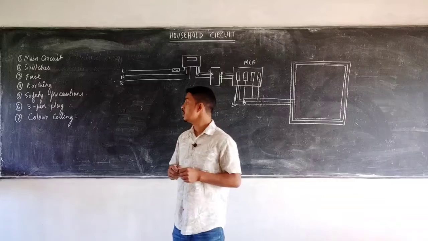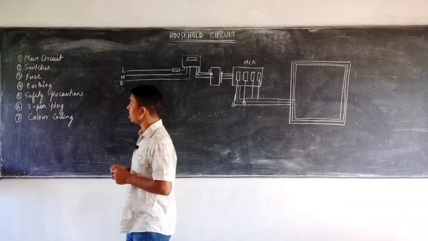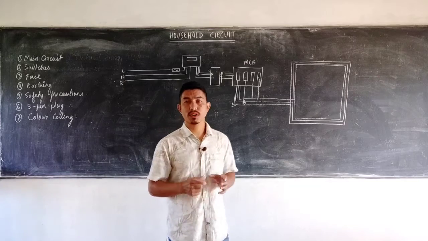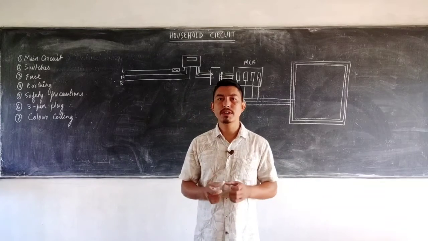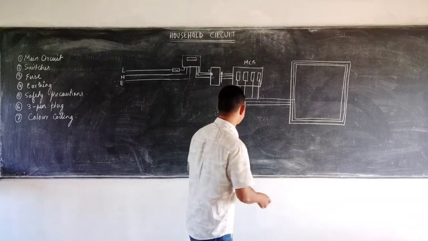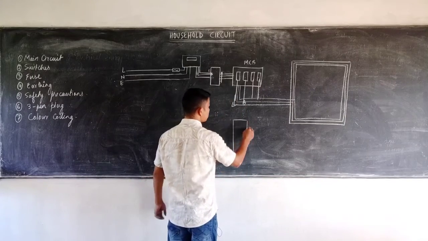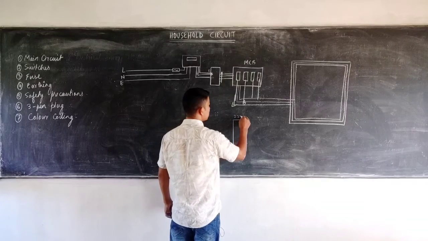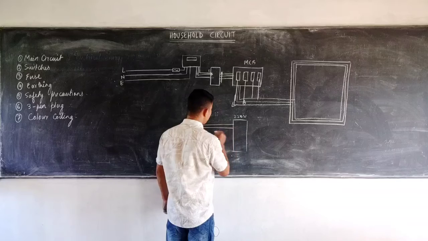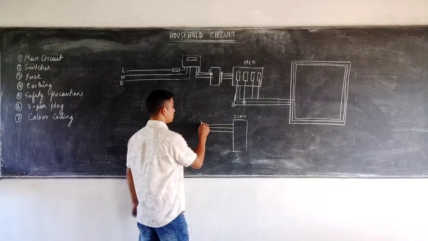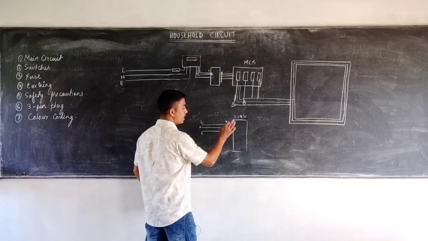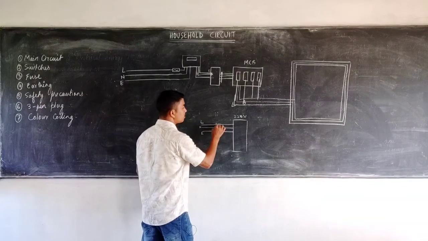Now the second device that we use in our house is a fuse. A fuse is a safety device. What does the fuse do? The fuse prevents the overloading of the current. That means if you have any device which is rated at 220 volt, we get the live, neutral and the earth wires. Before the current enters into any of the devices, it is connected with the fuse.